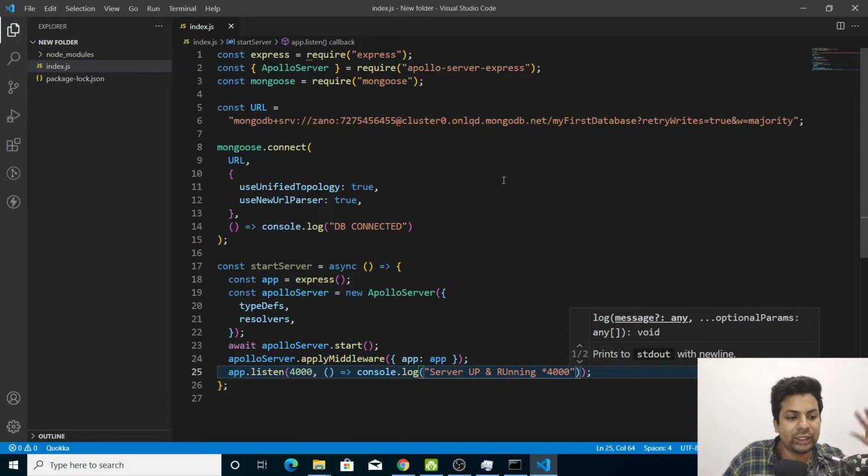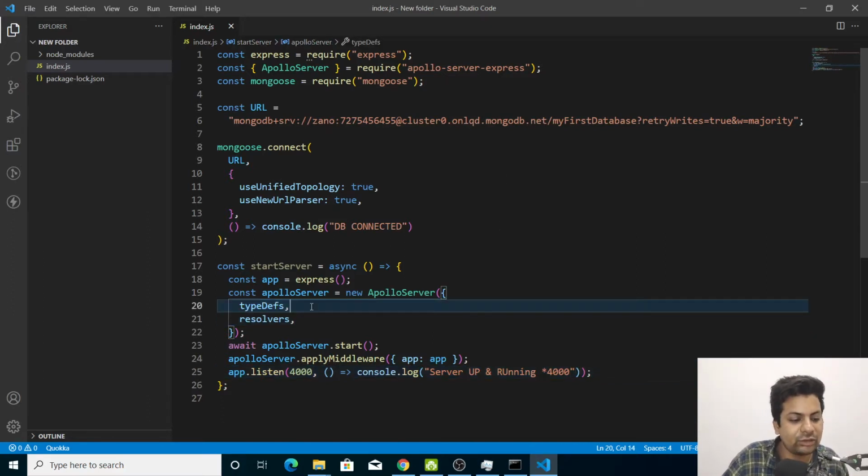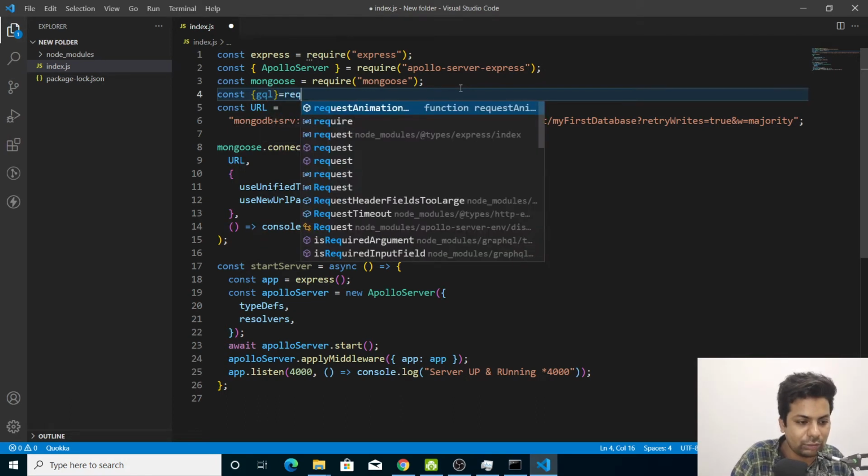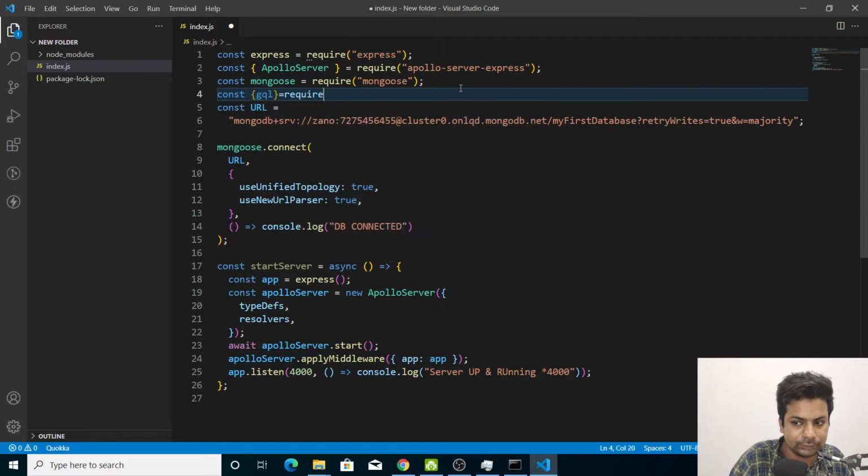So now all things are done, but typeDefs and resolver are left. We have to define them because we will be writing our queries there. So for typeDefs we have to import something, gql: const gql equals require apollo server express.